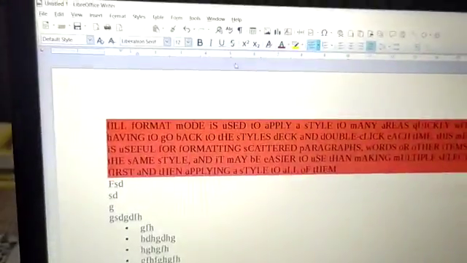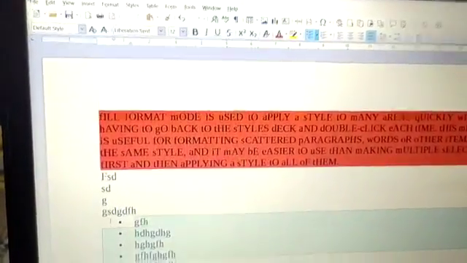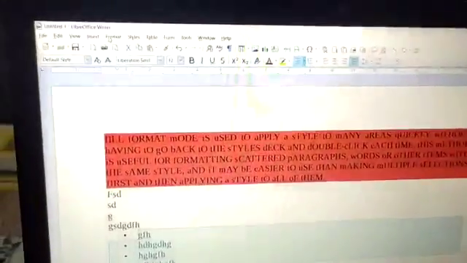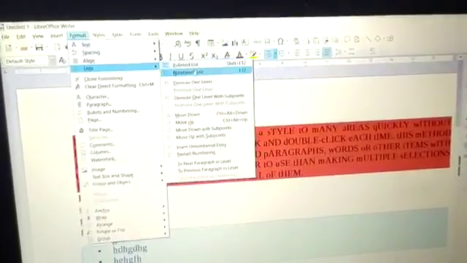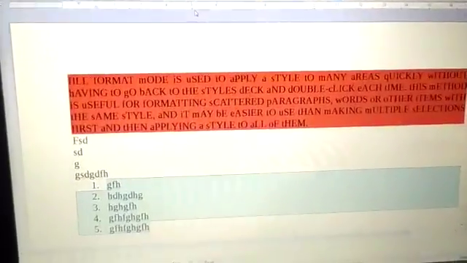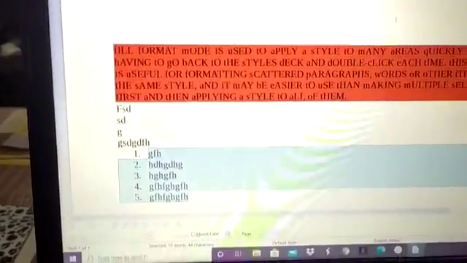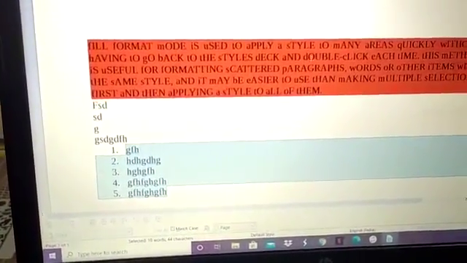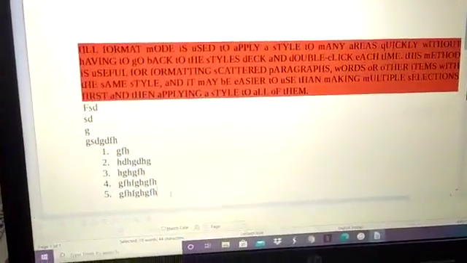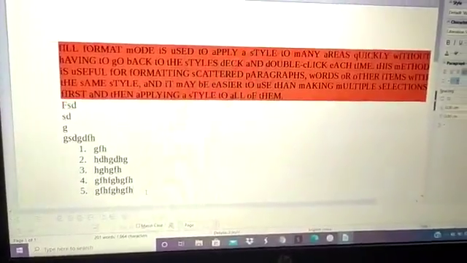In a similar way, if you want to use a numbered list, select the text like this, and then again click on format, click on list, and then choose numbered list. Now you can see here are numbers 1, 2, 3, 4, 5. This is called a numbered list, and before this was a bulleted list.